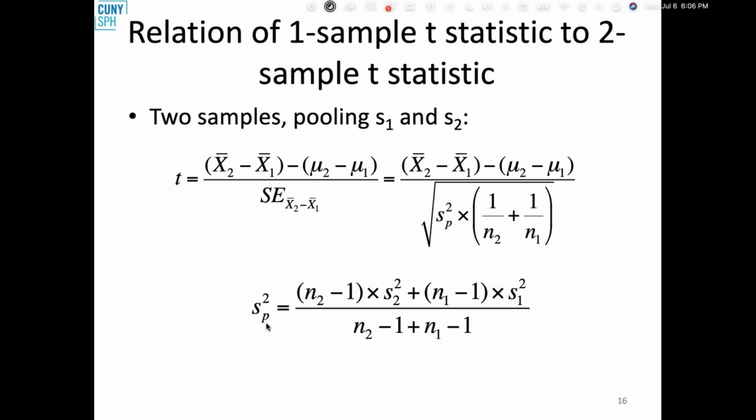It's just that this formula here is what you need to calculate the pooled standard deviation. Okay, so